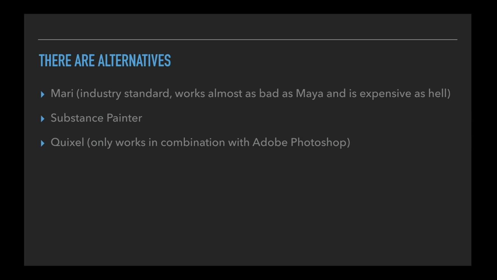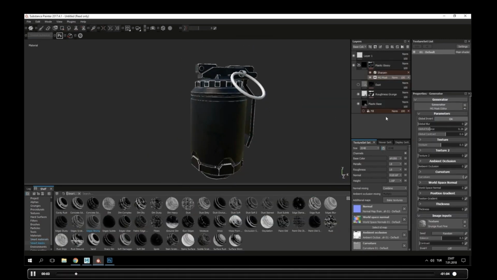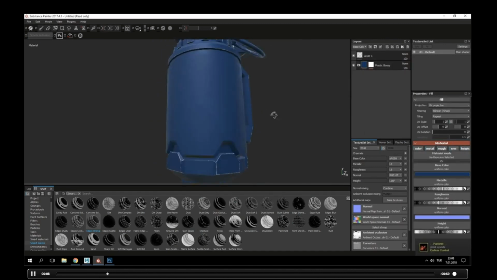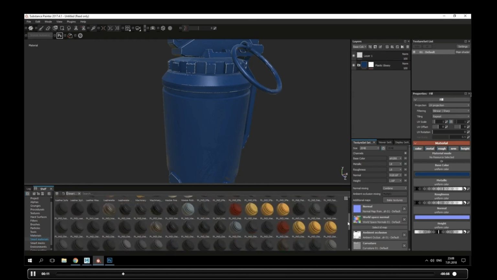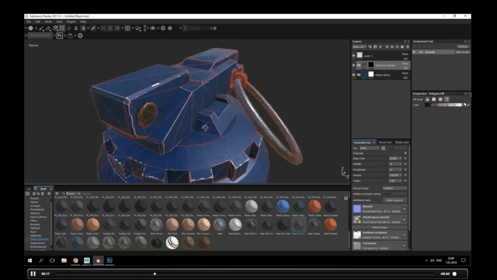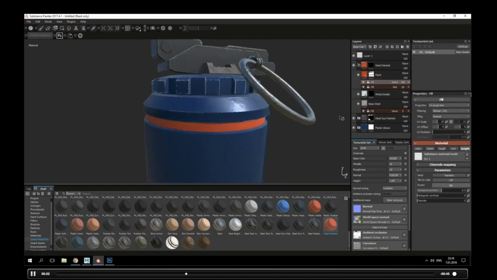And there's also Quixel. Quixel is a plugin for Photoshop, but if you have Photoshop, it's very good and almost as good as Substance Painter. And it's not very expensive. I think it's like 80 bucks or something. Okay, for better demonstration, I downloaded this video off YouTube, and it's basically a speed paint in Substance Painter, and yeah, it's very nice to look at. You can see the interface is